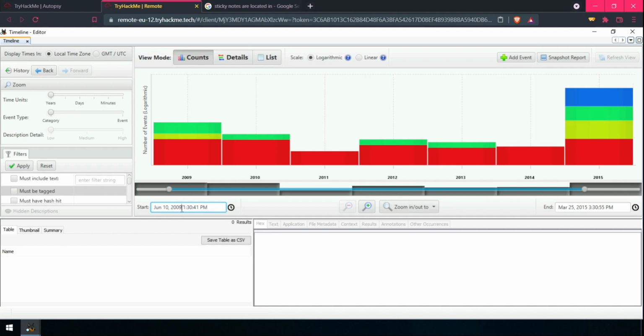2015, 12, Jan, 12:00, and it should be AM.